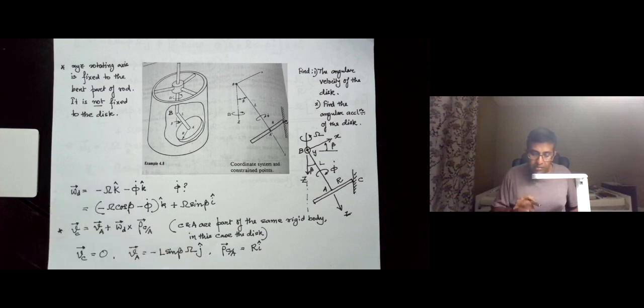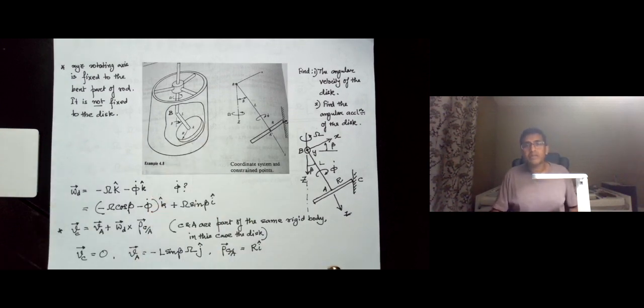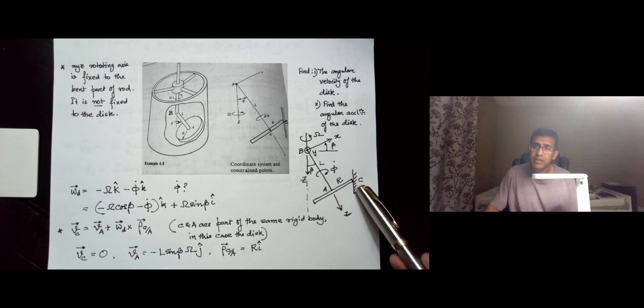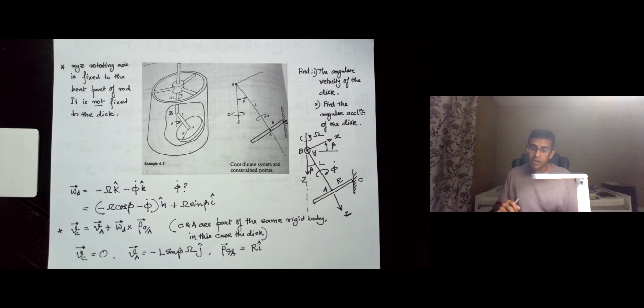due to the bent rod, what is going to be the angular velocity of this disc? What is going to be the angular acceleration of this disc? And furthermore, it is asked what is the acceleration of the point C. Now the point C is shown over here. This is the instantaneous contact point of the disc on the inside of the hollow cylinder. Clearly the point C is going to have a zero velocity, but the question asks for the acceleration of the